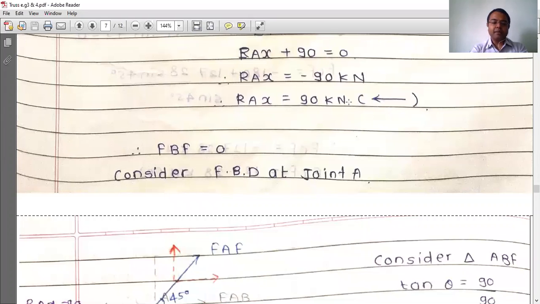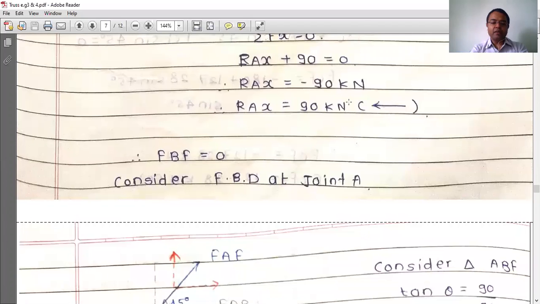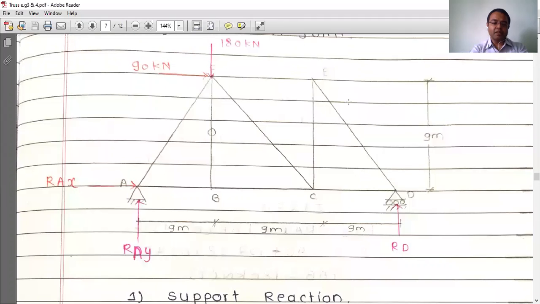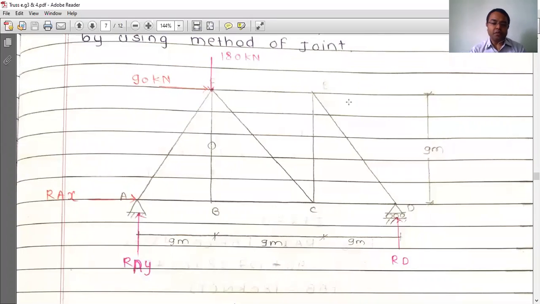Okay. Next step, go for finding out the forces in all the members of the truss by using the joint method or section method. Okay. So before finding out the forces in the members of the truss, you can apply the zero force member rule. Okay, already I have given 3 rules regarding the zero force member.